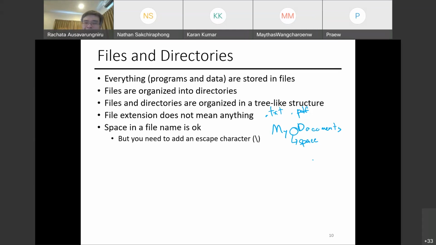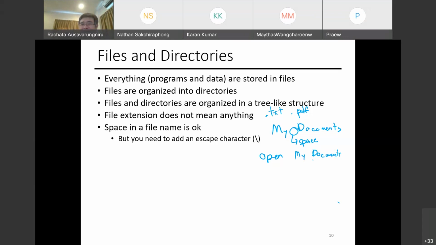Let me ask a rhetorical question. How can I tell? Let's say I have a command that says open my document, something like open. Let's say it's a magic command that opens the file. Open my document.